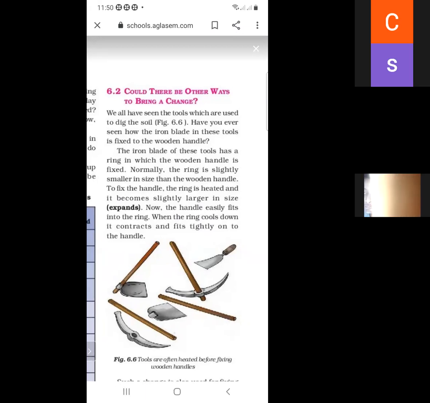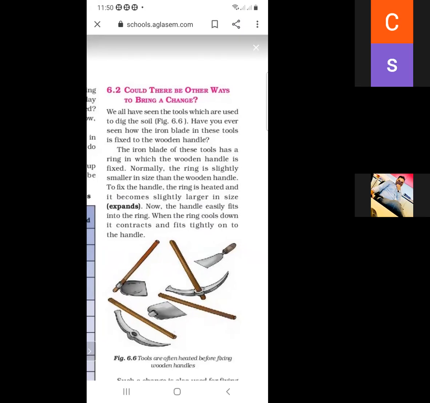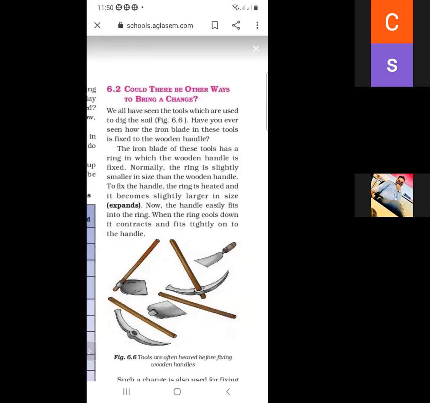We all have seen the tools which we use to dig the soil. In figure 6.6, these are the tools to dig the soil. Have you ever seen how the iron blade in this tool is fixed to the wooden handle? In figure 6.6, a wooden handle is taken, and then the iron blade is fixed into this wooden handle.